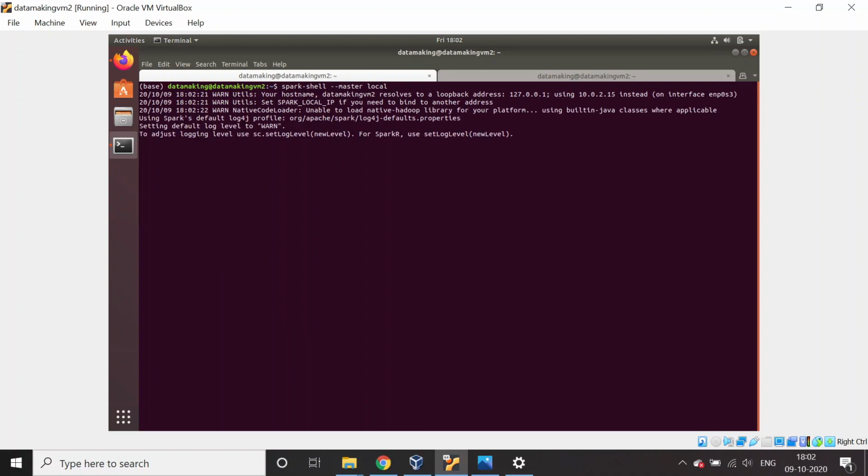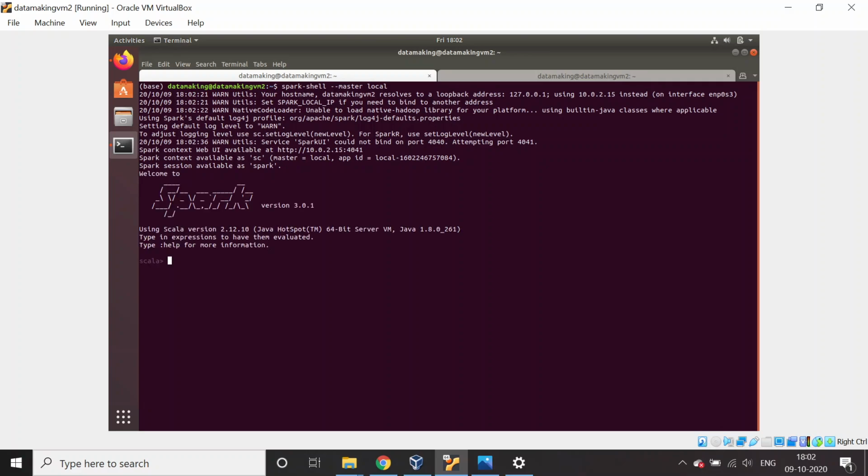It is going to launch this Spark Scala CLI. You can write Scala code here and create data frames and datasets, everything. Just wait for it. Okay, it's ready.